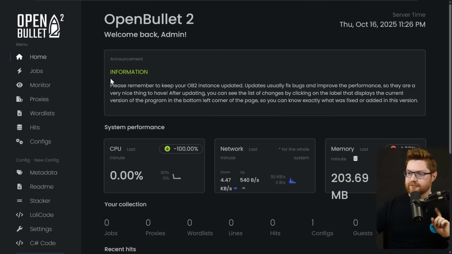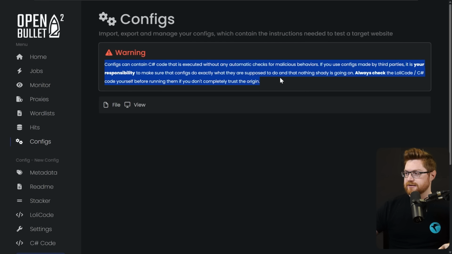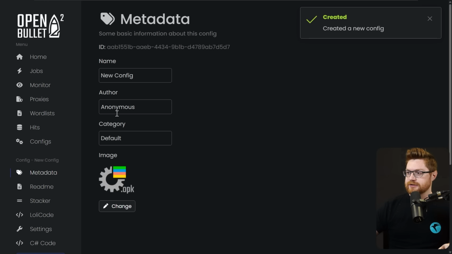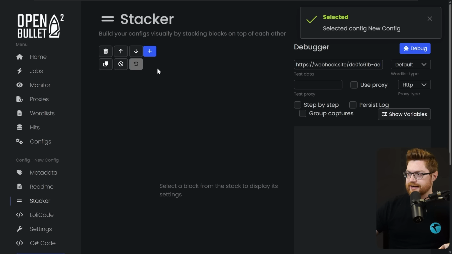OpenBullet 2. Now, from what I understand, you would prepare a certain number of configurations. And they have a neat little hacker thing here where you could actually define and create a whole configuration that will actually run like C# code. So I can get back to configs after that's been created and then modify this where we could actually build